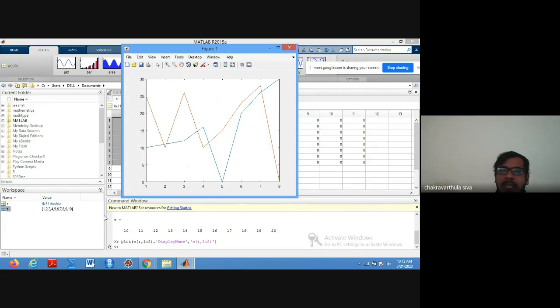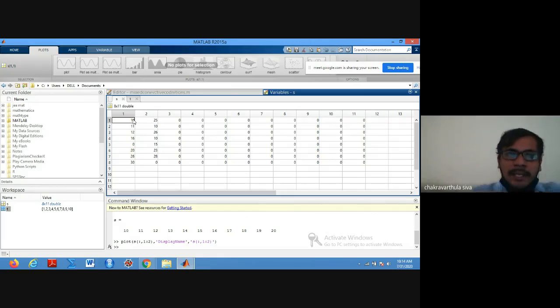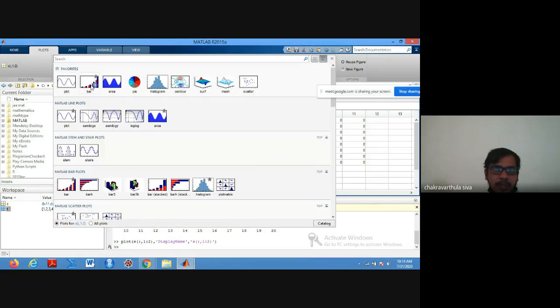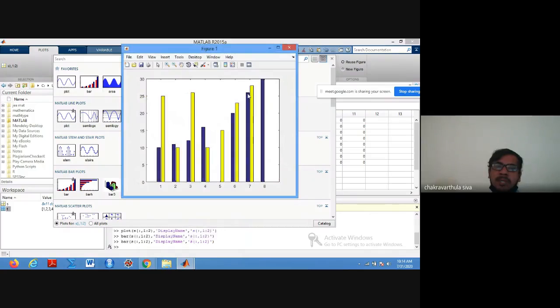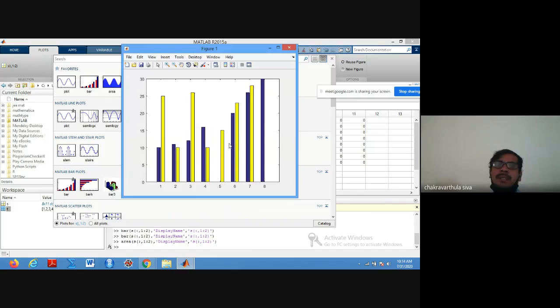Now what we are trying to do, we have the data directly, and we are just copying the data from an Excel sheet into MATLAB. After importing the data, we just select that particular data and then select whatever plots you like. See here there are many options available. If you want a bar chart, you can click on bar charts. Just see it changes to bar charts as well. If you want another plot like area plot, just click on area plots.